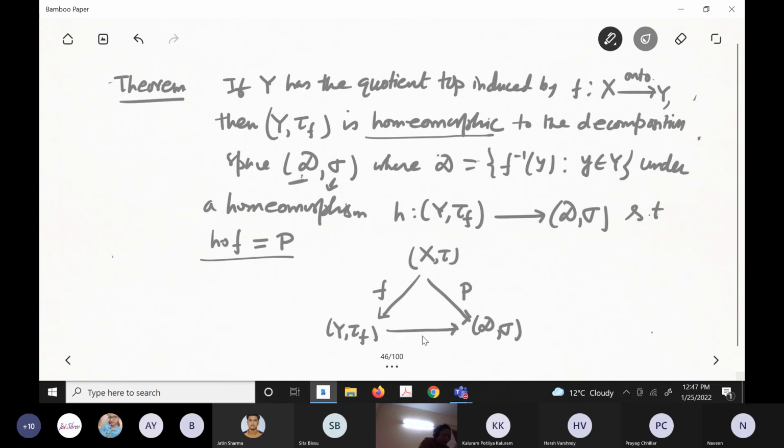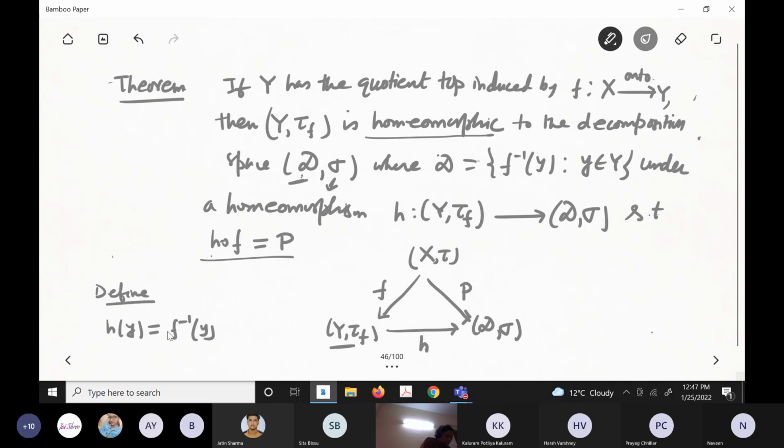That means H you can define. How will you define H? This is H. H dot F is coming. So you'll have to define a homeomorphism H such that H dot F is P. How will you define H? Look, here is Y. So define H(Y) equal to,